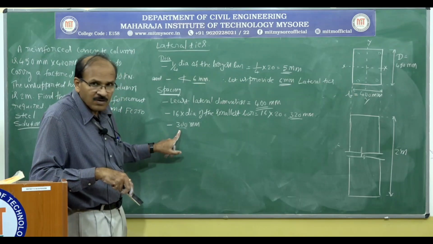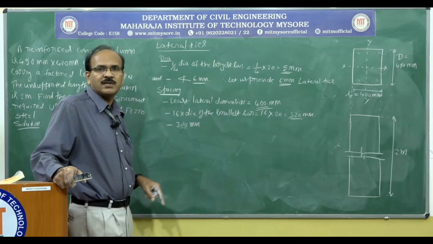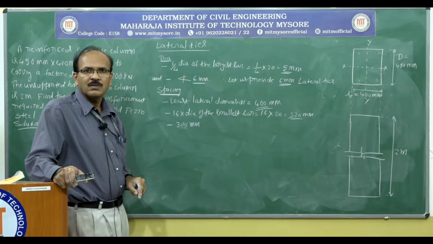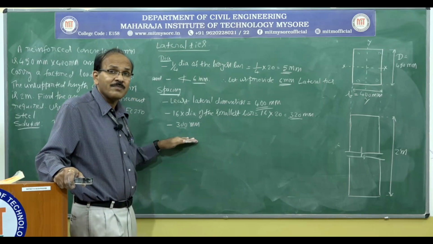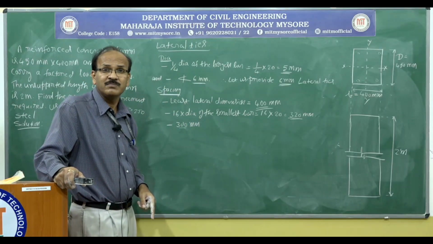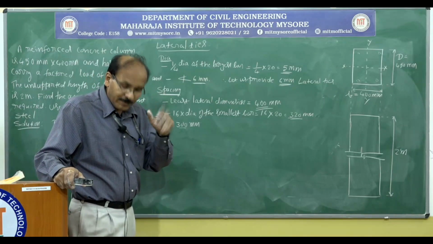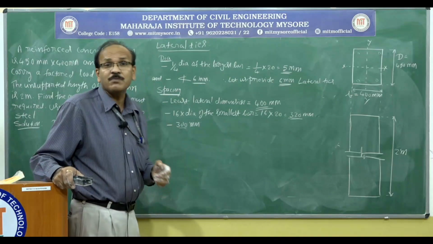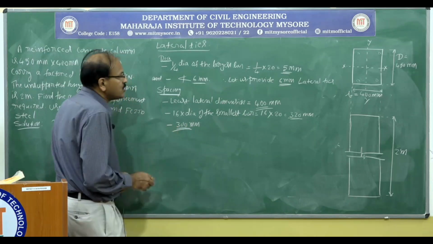So at what spacing we can give? So the maximum spacing of lateral ties is 300 millimeter center to center. So maximum spacing is the least of these three values. Okay. The spacing should not exceed 300. That's why I am saying it is a maximum spacing. If you want, you can go ahead and provide a 250 millimeter center to center. It is not a problem. Even 200 millimeter center to center, it is not a problem. The only thing is you are spending more material or you are wasting more material as engineers, which you are not supposed to do. Therefore, I am going to go with this spacing.